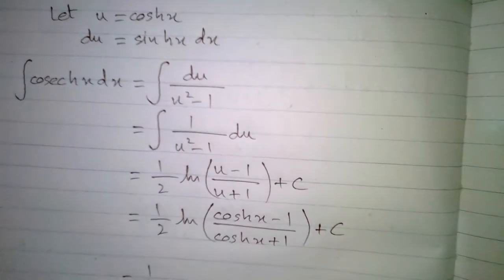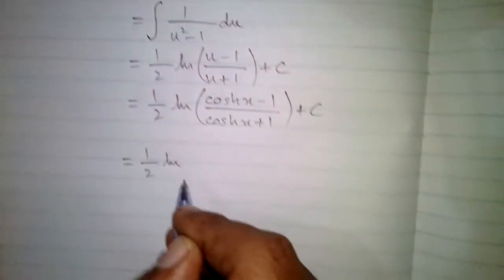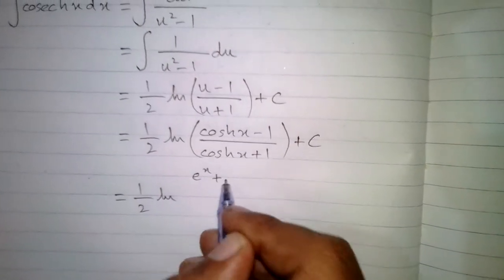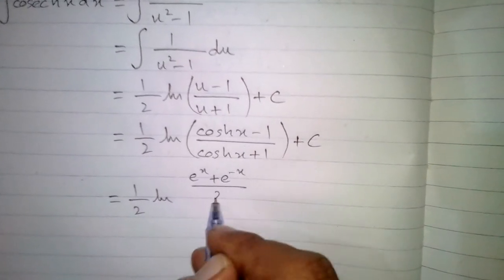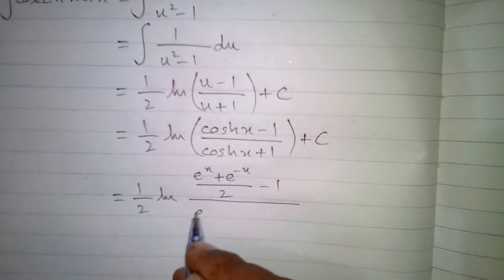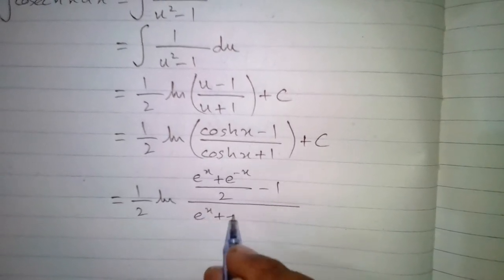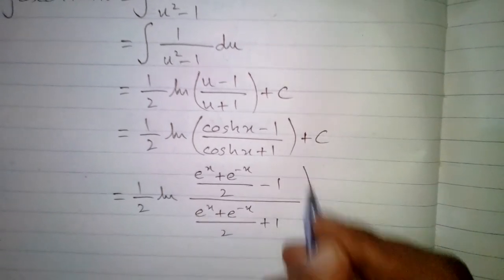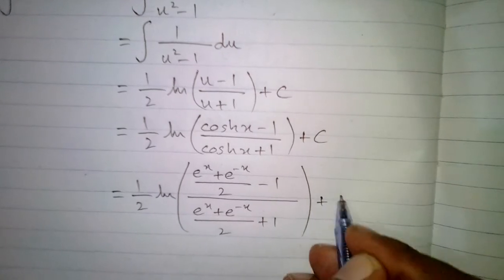Now we know that hyperbolic cos of x is equal to e to the power x plus e to the power minus x upon 2, so we have half of ln (e to the power x plus e to the power minus x upon 2 minus 1) upon (e to the power x plus e to the power minus x upon 2 plus 1) plus c,